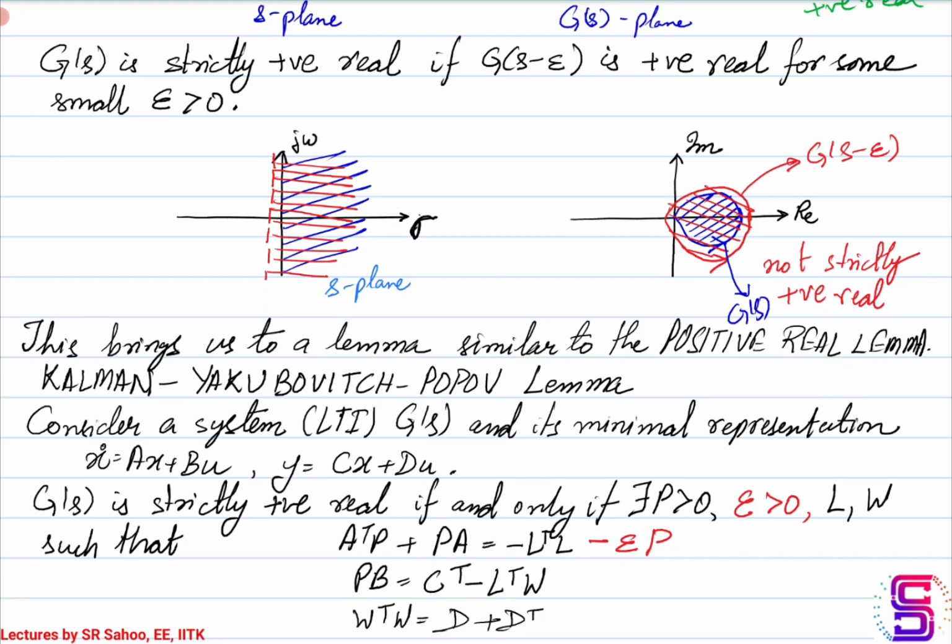But in the case of strictly positive real, it adds a positive constant epsilon which basically scales the positive definite matrix P. So to the black matrix equalities, there is an additional component in the first equality: A transpose P plus PA should be equal to minus L transpose L minus epsilon P. Let us see how this small addition of minus epsilon P for a strictly positive real system helps us establish that the origin under no input will always be asymptotically stable.